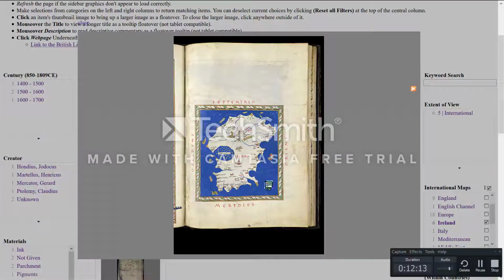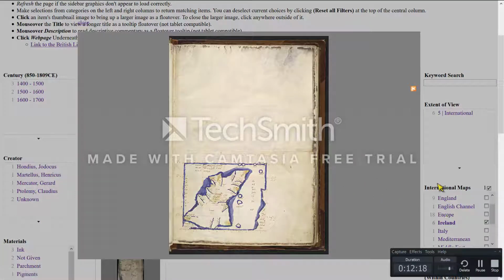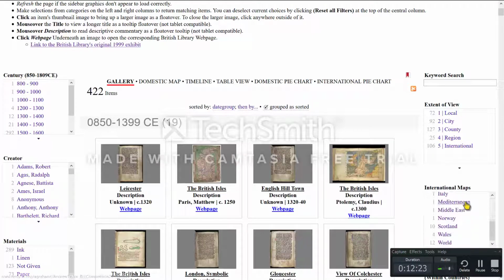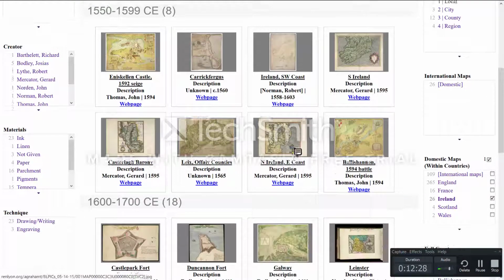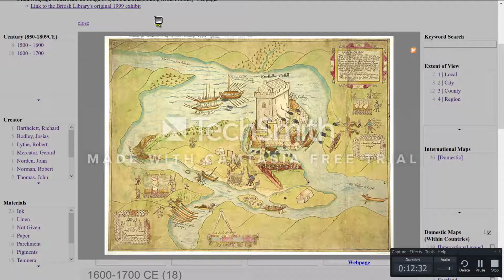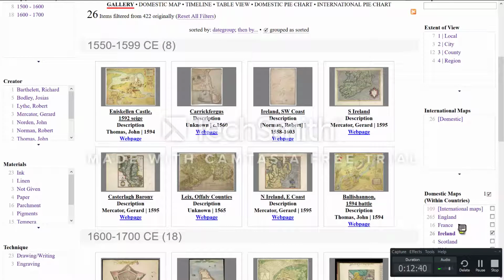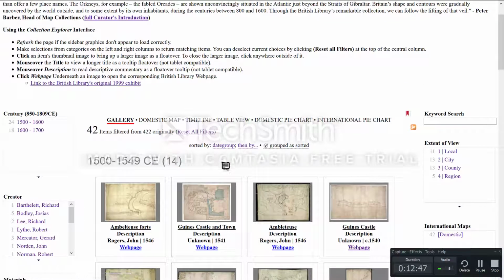international Ireland maps, these all are examples of that. So very quickly, we can see all the international Ireland maps. If we want to add to that or close that and then open up the domestic maps of Ireland, which are actually slightly more interesting, involving the invasion of Ulster, different things like that. You can very, very quickly find all the Irish maps, and it's not like you have to think of it. You look over here and you say, oh, I wonder what's represented in France. Of course, it might be the north of France during